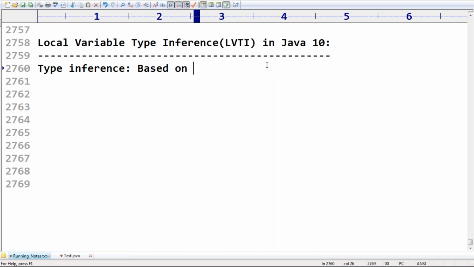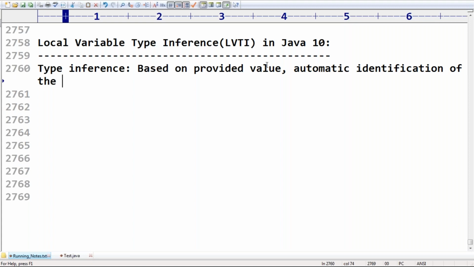Automatic identification of the type by the compiler is called type inference. Remember this one.